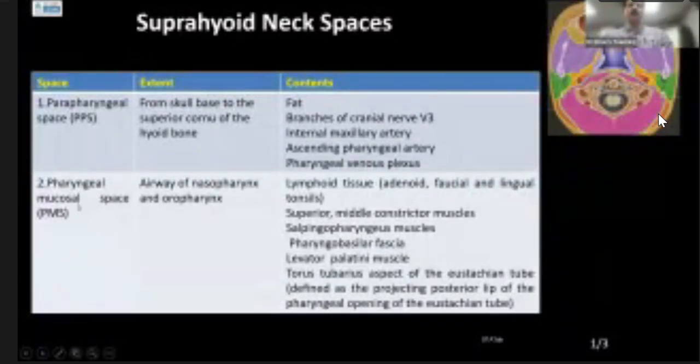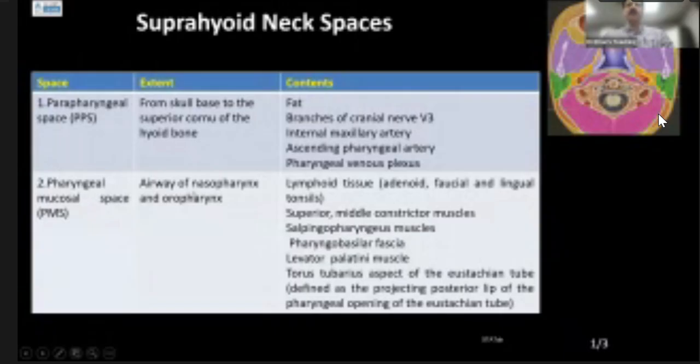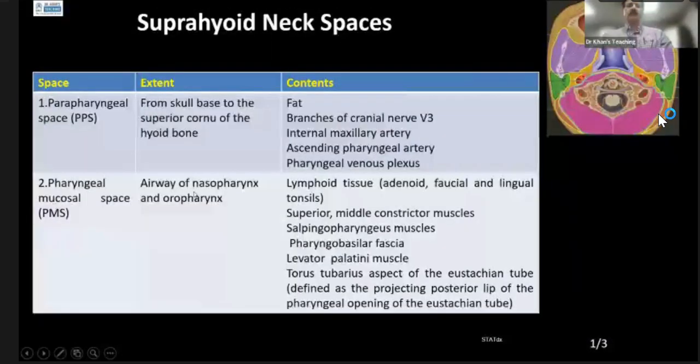Pharyngeal mucosal space, airway of the nasopharynx and oropharynx. Actually, this is the mucosal space of nasopharynx, oropharynx. And when we are dealing with carcinoma of the oropharynx, nasopharynx, we still use the old terminology, nasopharynx, oropharynx. Now,